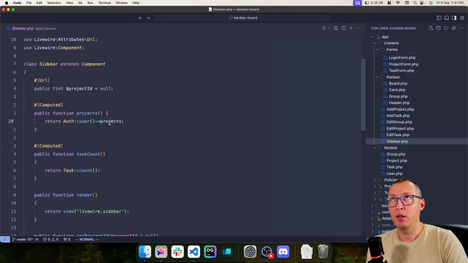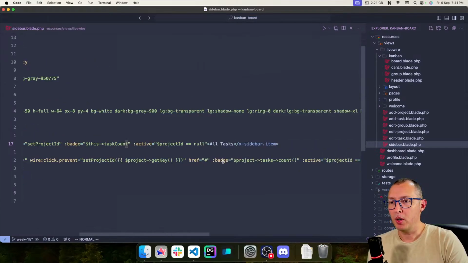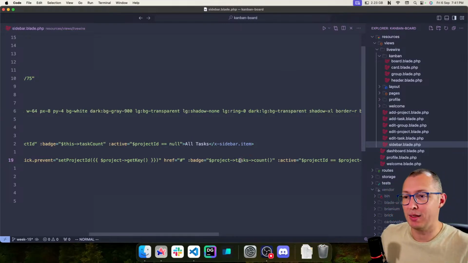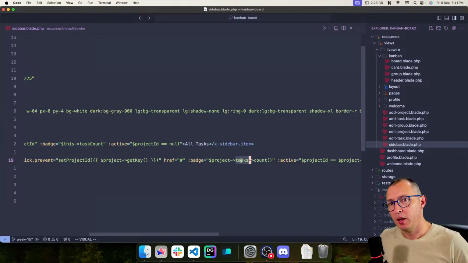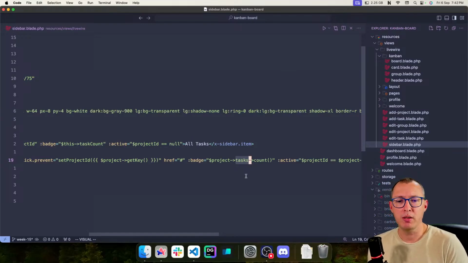So I will have a new list of projects from the user, and in the sidebar template, if you remember, for every project, the badge is wired to project tasks count. I'm going to try to change this today because I really don't like to call count on tasks, because this tasks property forces a new query, and I really don't like that. It's fine now because it's only one, two, or three projects, but when it's more than that, that can get messy real quick. So, now that it's a computed property, I'm going to try and bring in the count. So in the user's project relationship, I'm going to try and bring back the with count tasks,